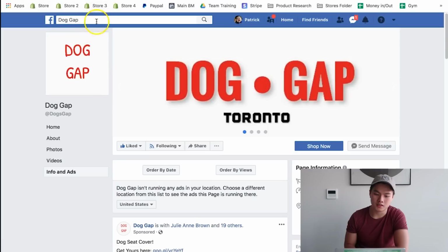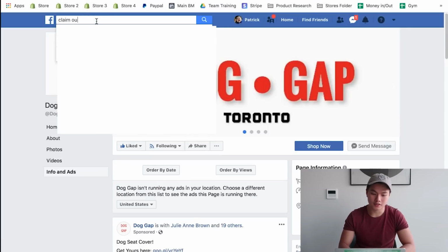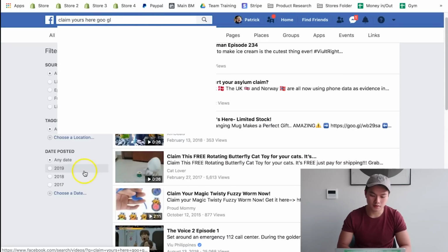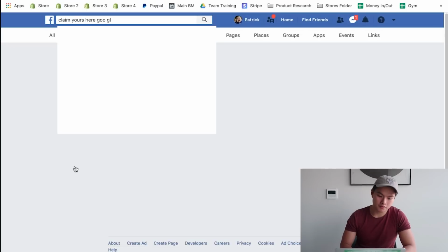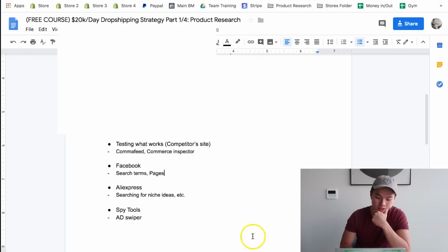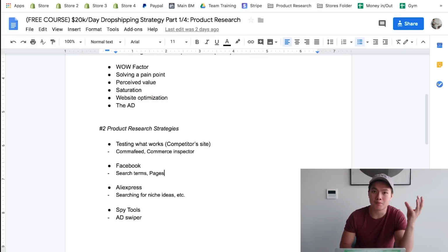the search terms. You can also use other search terms like "claim yours here," and click on videos and filter by 2019, and then you can use "shop here," whatever search term. Just be creative with it, alright? Then you can also save the pages into an Excel sheet or your notepad or something like that. Then you can go through it every single day to see if they tested any new ads and